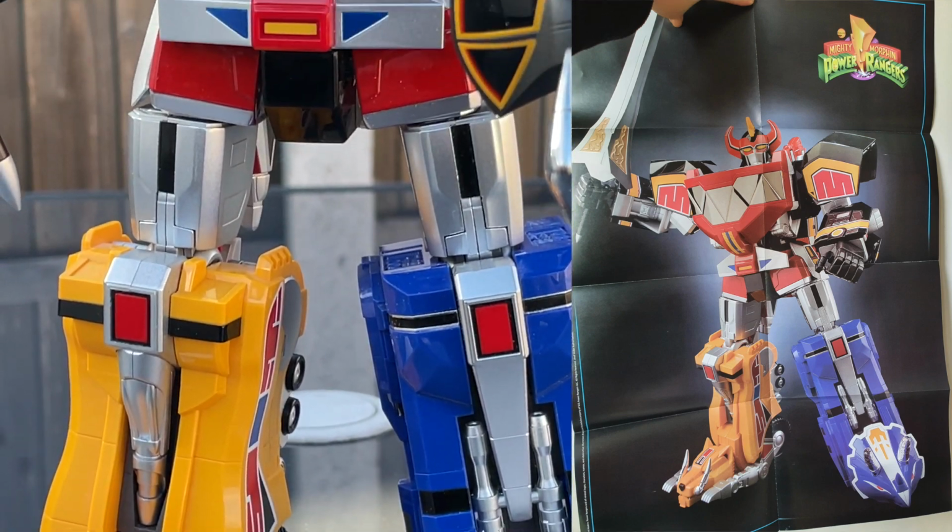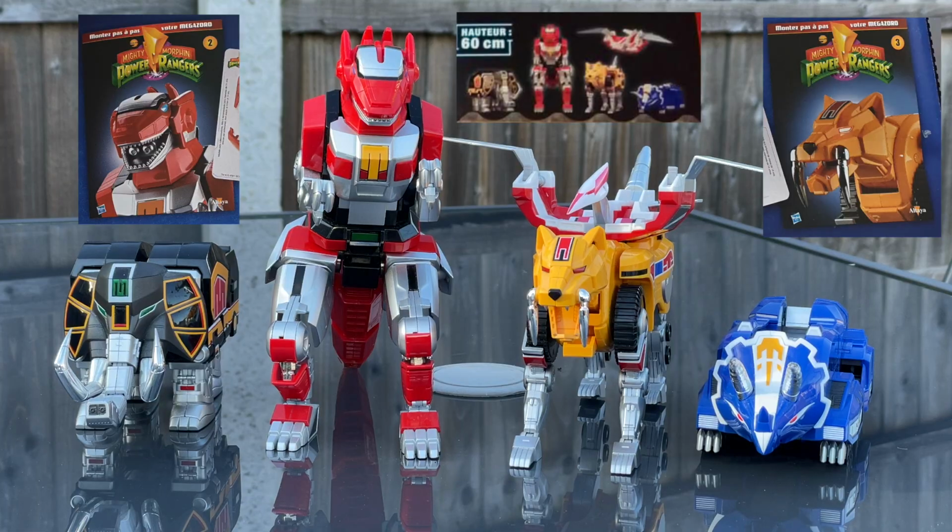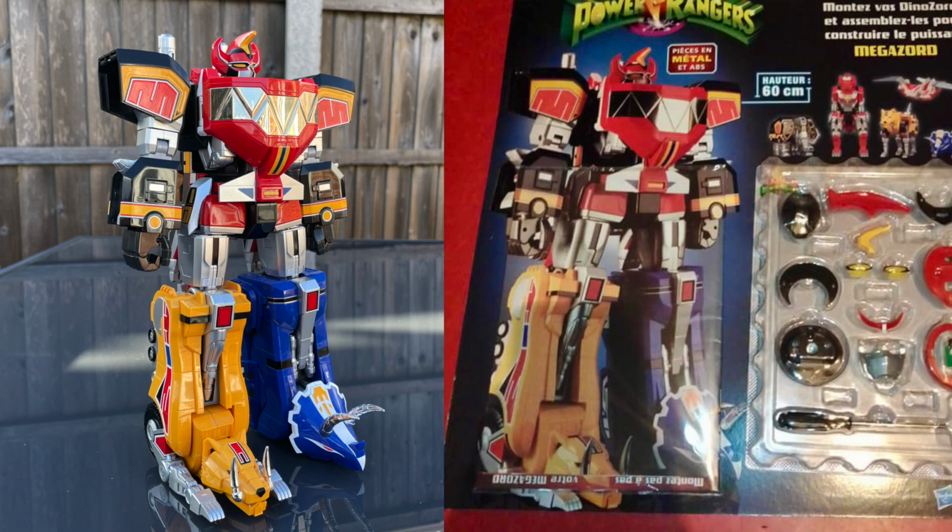pattern on there. I used to call it the diamond pattern. I suppose you could also call it dinosaur teeth. And then of course the posed Zords look just like the Soul of Chogokin counterparts as well, including the spikier pterodactyl wings. You have to muse on how is this even possible for them to reuse the Soul of Chogokin's